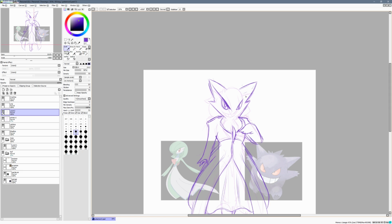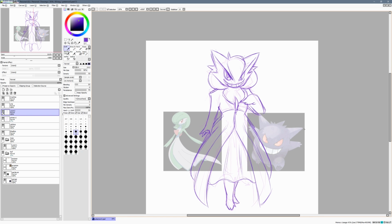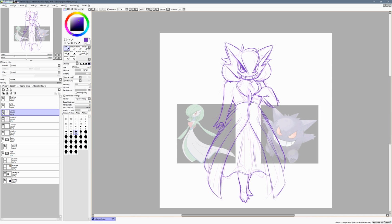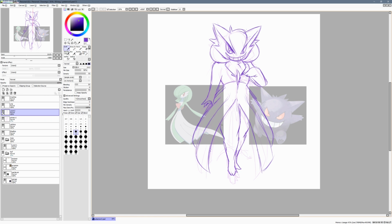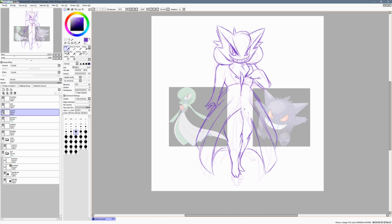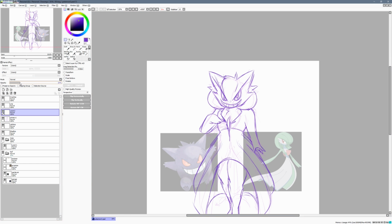Like here, I'm just trying to figure out how I'm supposed to make the ears work, because I was playing with the idea of getting rid of the hair entirely, but I didn't really like the idea. One or two people said they liked it, but I ended up figuring out, well, I could use the hair that comes across from the back and wraps around to the sides of the face. I can think of a lot of cartoon characters that have that, these little bitty spikes, and even in anime they have little hair spikes that wrap around to their cheeks. No one in real life really has things like that, but I did that to try to round off her design even further, to make sure that